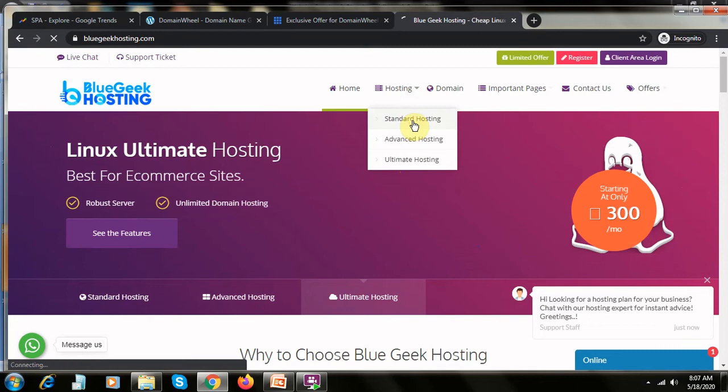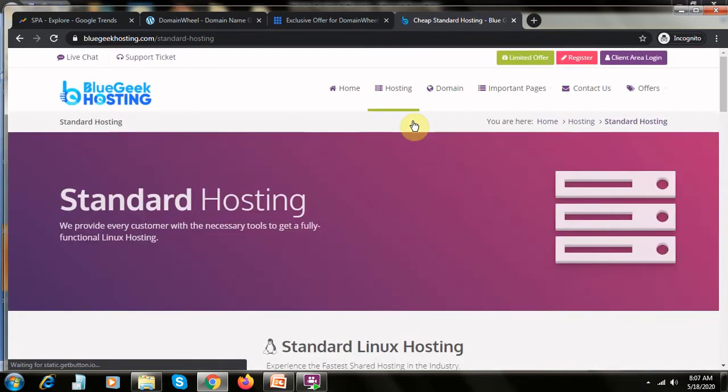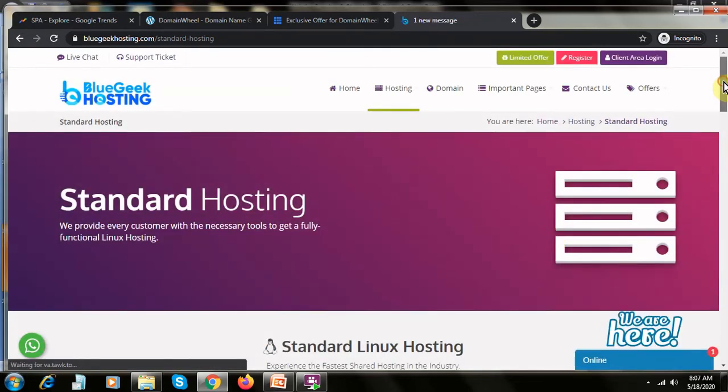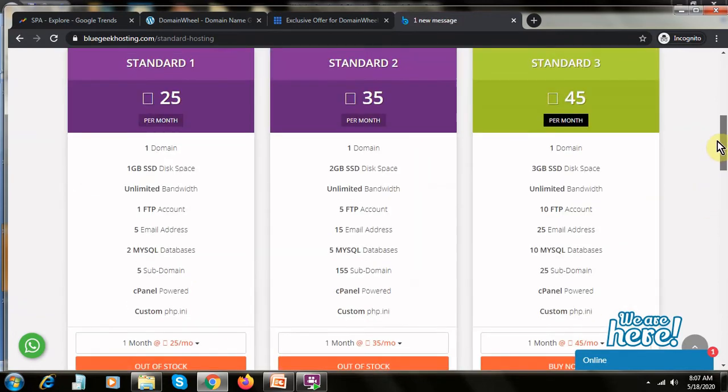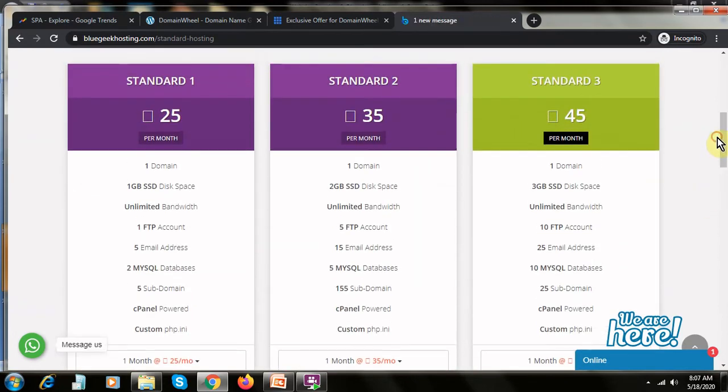Now if you click on the standard, it is starting from 25 rupees, and I would recommend if you are purchasing a domain name and hosting it for the first time, please try for 45 rupees.